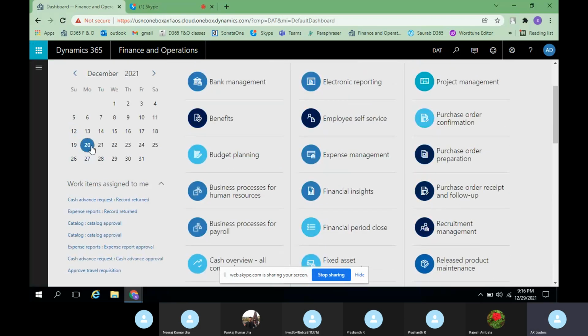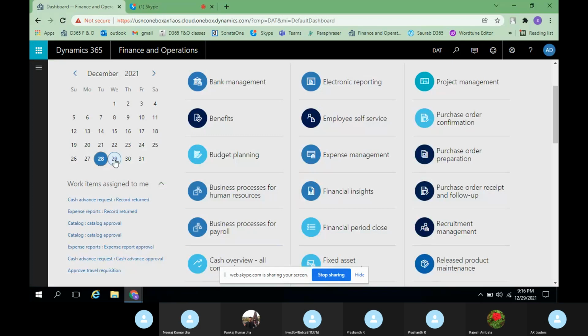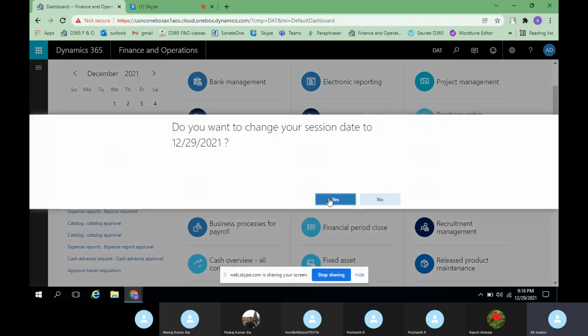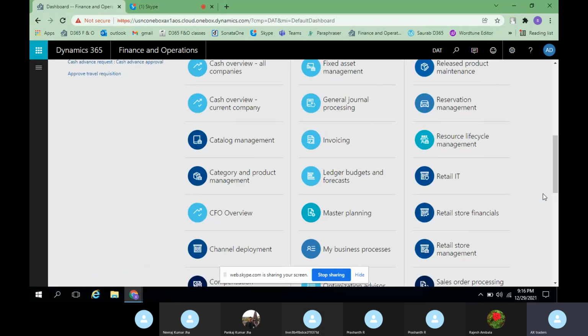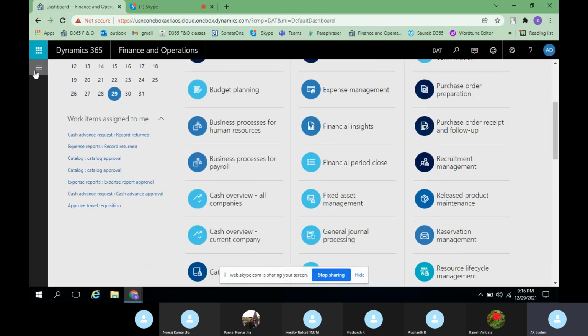This helps you whenever you want to post any past dated transactions, or if you want to see transactions till that date, you can change this calendar. Once you have done this activity and you refresh, it will come back to the normal date. So this is how workspaces will help you in your daily activities instead of going to the actual navigation.